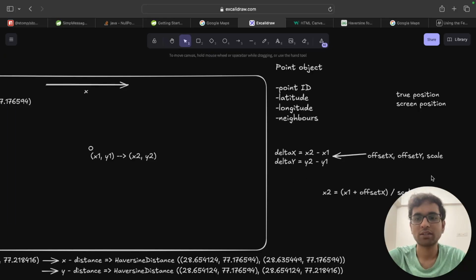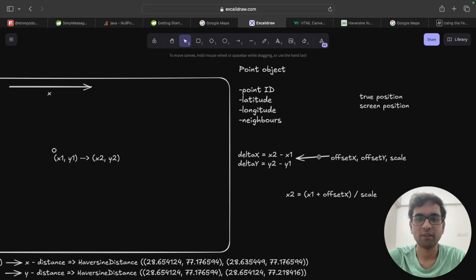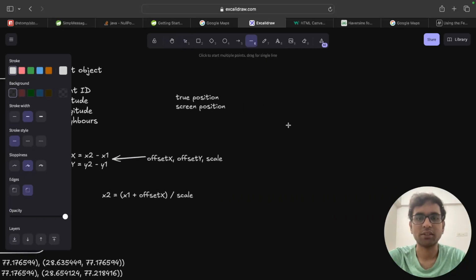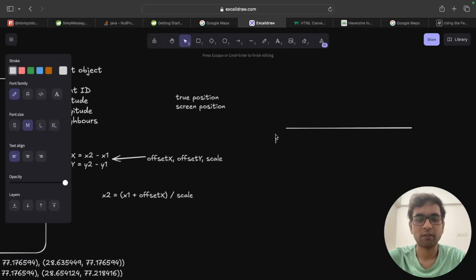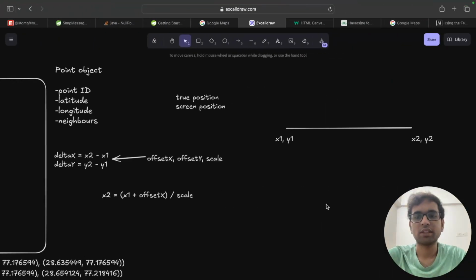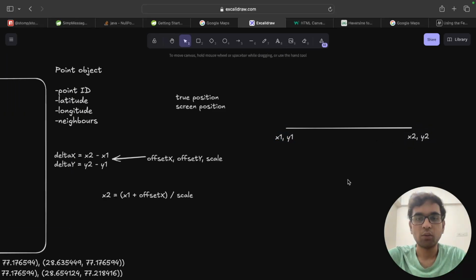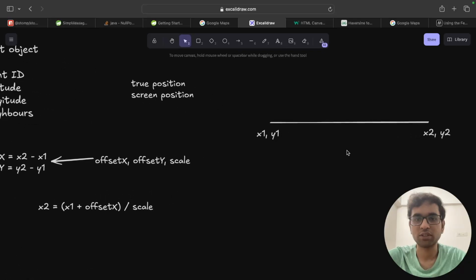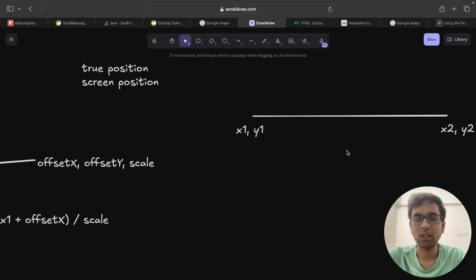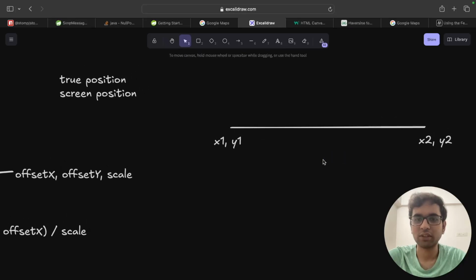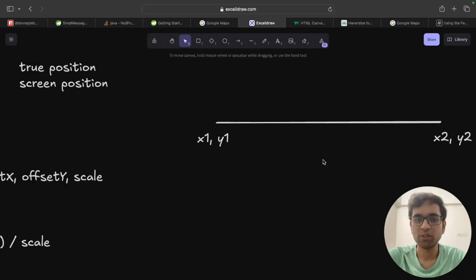Now, why has this scale come up here? Let's say we have this arrow. Okay, so let's take a new line. On this line, we have this point as x1, y1 and the other end as x2, y2. So in this case, what happens when we zoom in? As I try to zoom in, the position of x1, y1 is changing. Although their sizes are changing, that is a different thing, their position is also changing, which means that